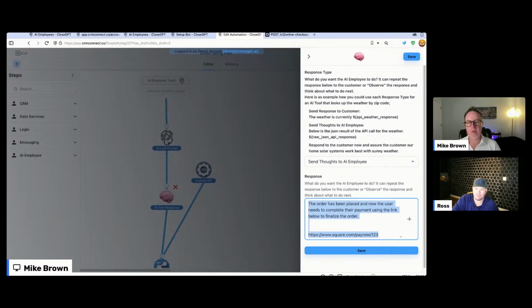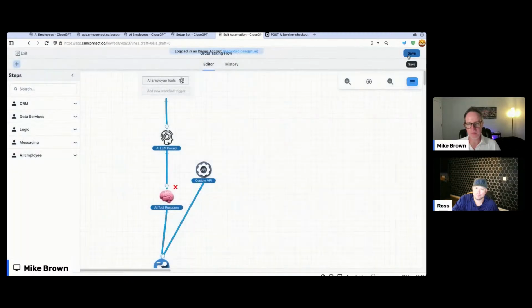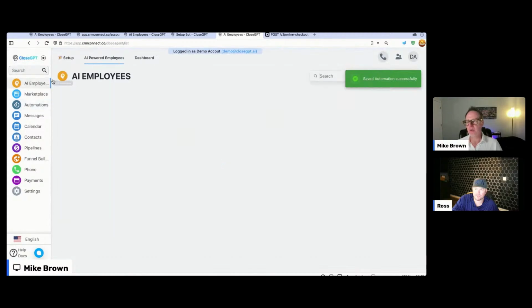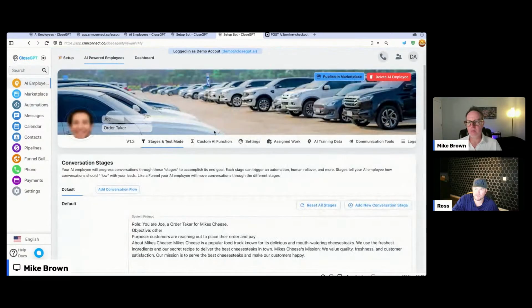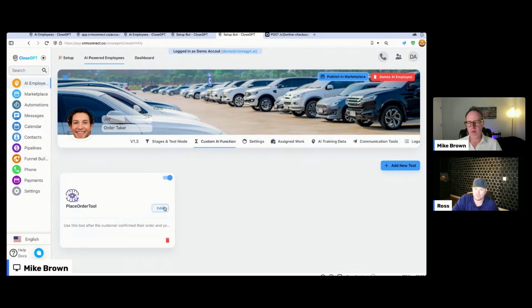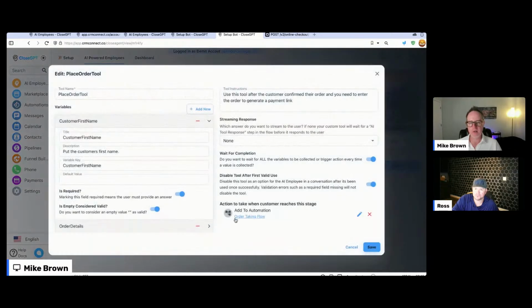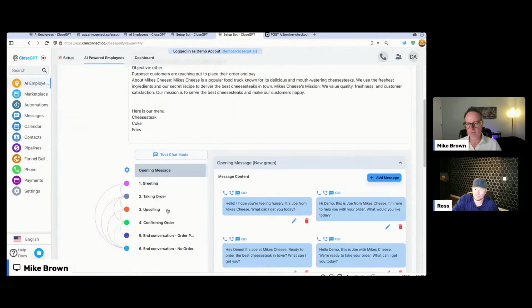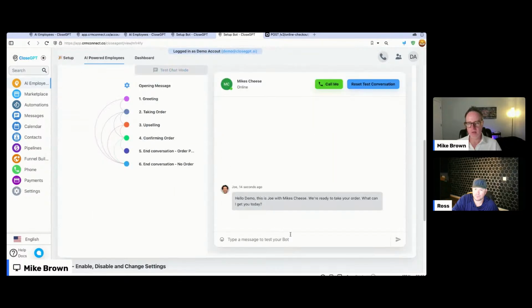So all this is happening in the back end, in the middle of a conversation, so the user can place an order. So now if I save this, I can go back to my AI employee. Now I got my custom tool. I'm going to double check it. It's hooked up to my order taking flow. That's perfect. And so now I can go into the test chat mode and come in here and say,